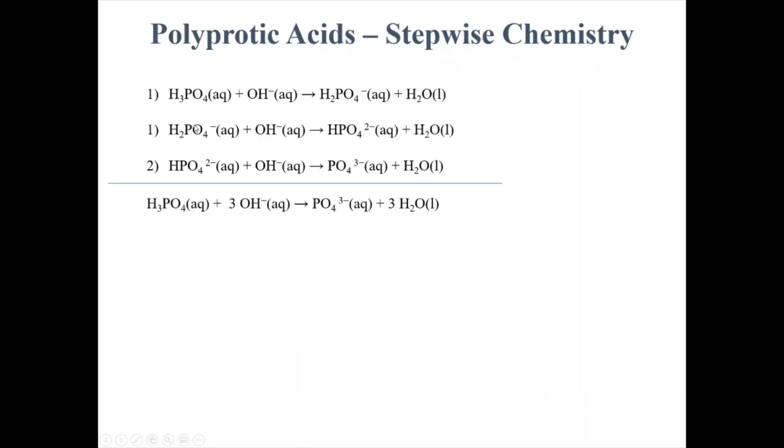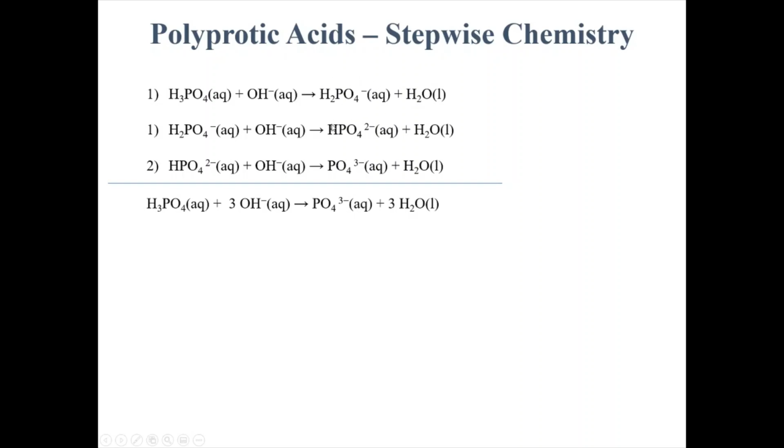So there are 3 possible steps that we could have in a polyprotic acid titration, right? We can take H3PO4, which is the fully protonated acid, the phosphoric acid. If we do our first equivalent of OH-, we can get H2PO4-. We basically take one of the protons off, we turn that into water, and then we're left with a singly deprotonated